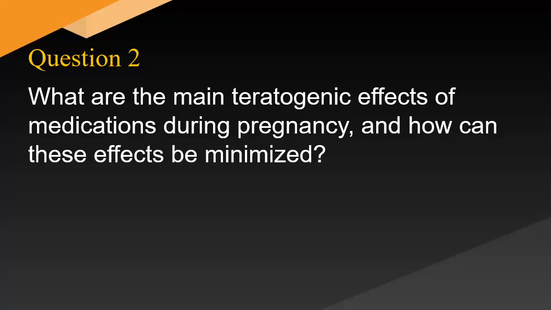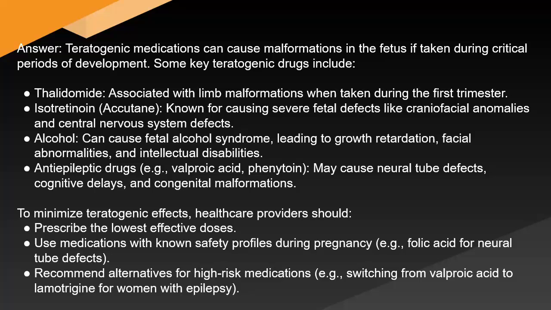What are the main teratogenic effects of medications during pregnancy, and how can these effects be minimized? Answer. Teratogenic medications can cause malformations in the fetus if taken during critical periods of development. Some key teratogenic drugs include thalidomide, associated with limb malformations when taken during the first trimester; isotretinoin (Accutane), known for causing severe fetal defects like craniofacial anomalies and central nervous system defects; alcohol can cause fetal alcohol syndrome, leading to